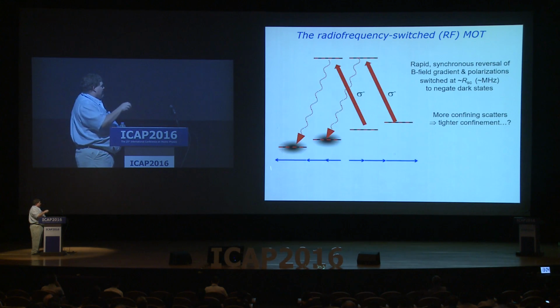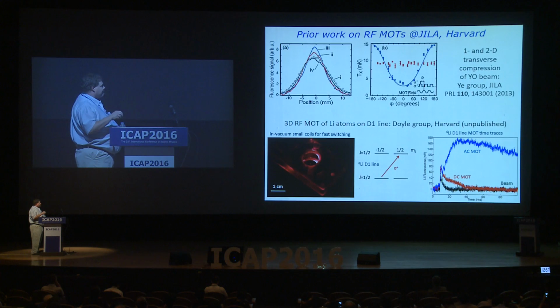So the expectation here was that there would be greater forces, tighter confinement in the MOT from this technique. Our work really built on the pioneering work from Jun Ye's group, where they had demonstrated this sort of RF MOT method for transverse compression of a beam of yttrium oxide molecules. And in the meantime, John Doyle's group at Harvard had demonstrated making this sort of RF MOT work for lithium on the D1 line, where you can see here this RF MOT gave a much bigger trap signal than a DC